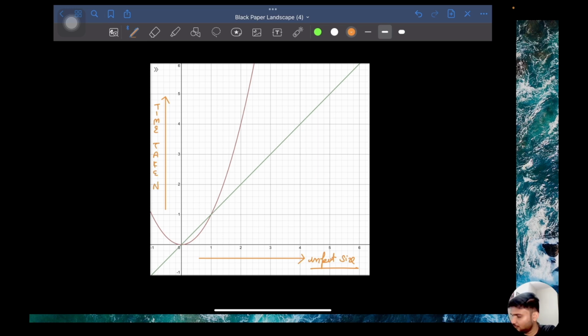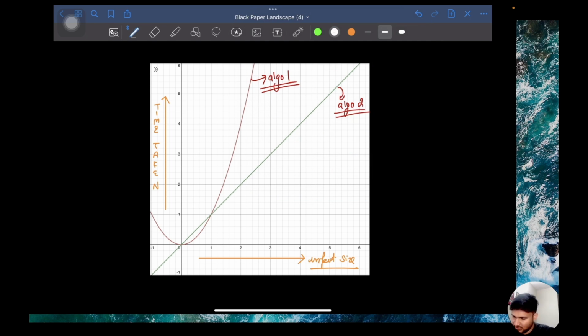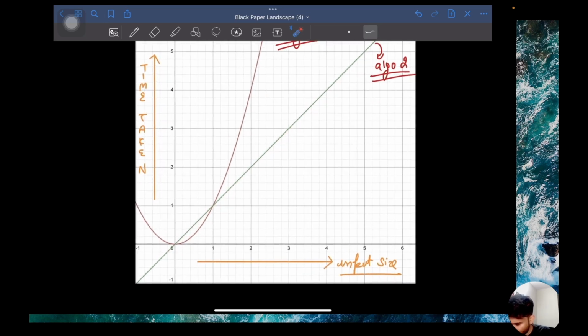Okay. Now, let's say that this plot is of algorithm 1 and this plot is of algorithm 2. Okay. You have two algorithms. This red plot is of algorithm 1 and this green plot is of algorithm 2. Okay. Now, if you just carefully see,